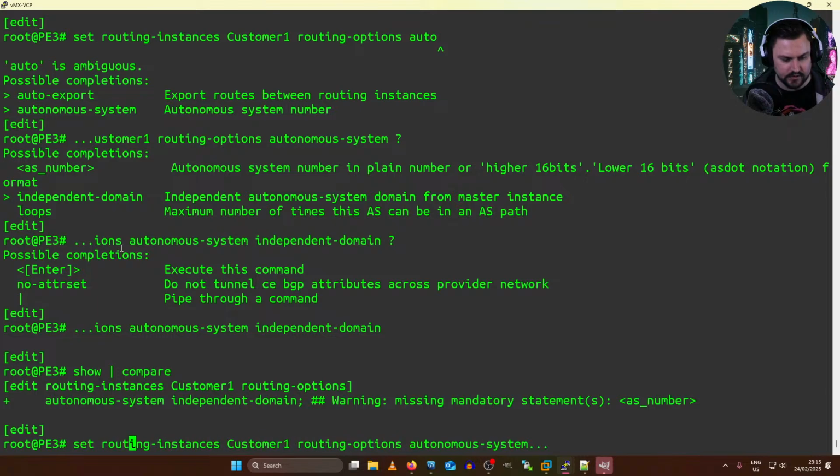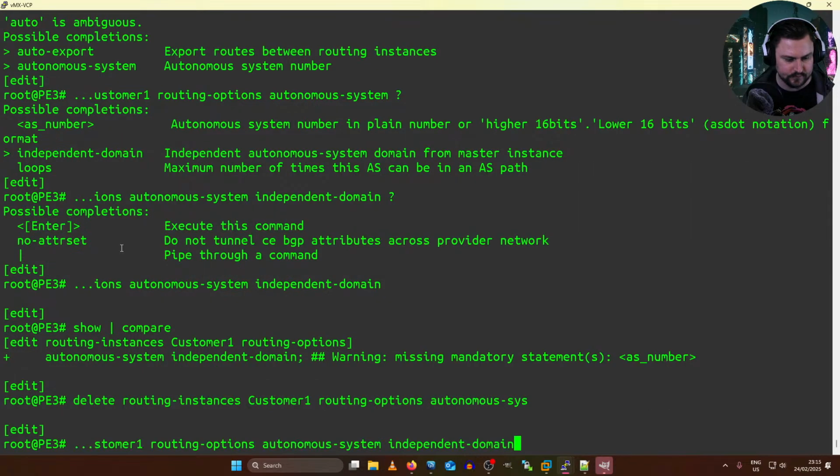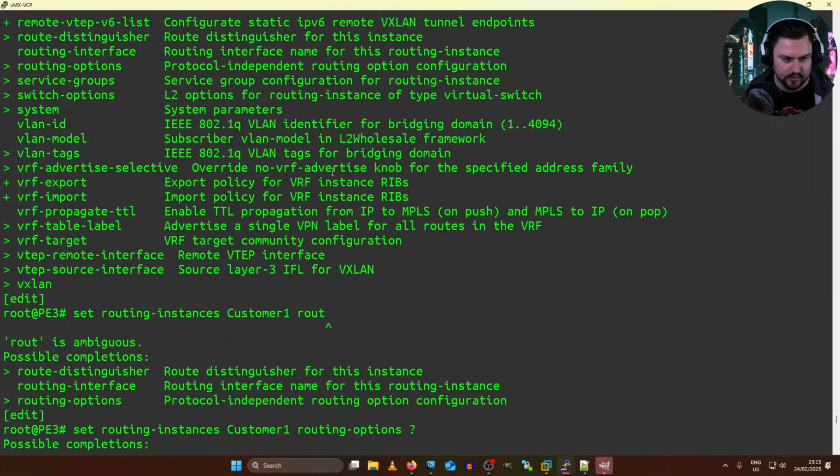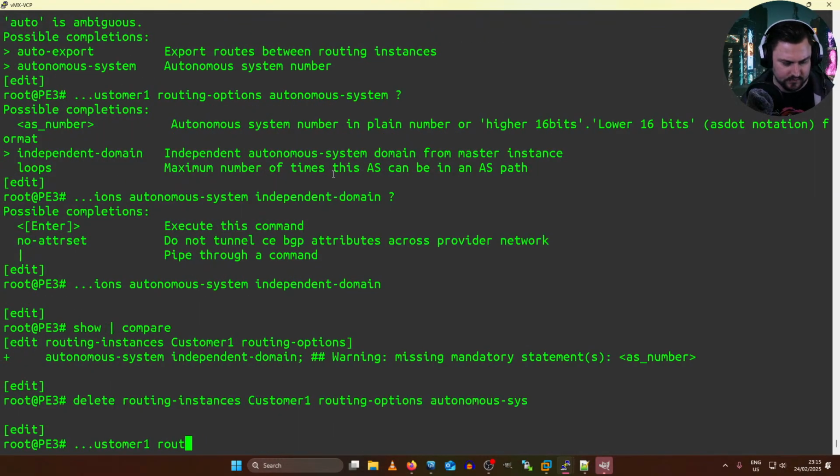Let me just delete this bit. So, set routing instance. I'm pretty sure it's just having to do something with installing the routes from the MPLS table.